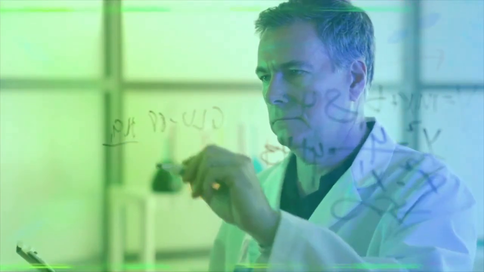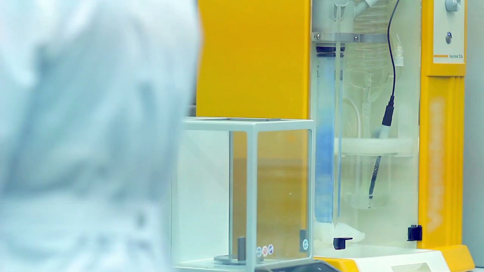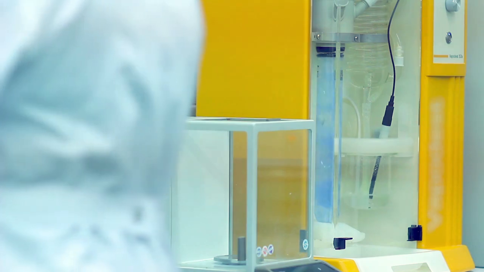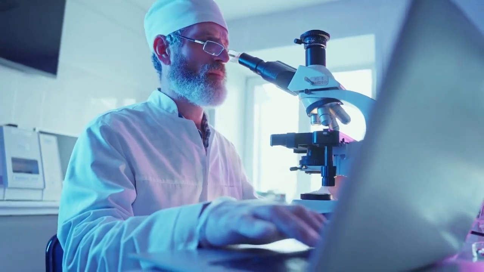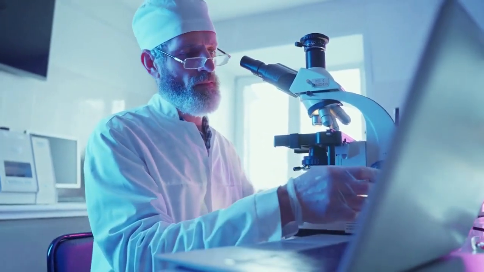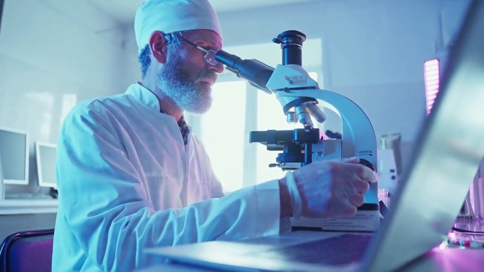The Beer-Lambert Law is an equation that looks like this: A equals epsilon BC. Let's quickly define these terms. A is for absorbance, a unitless value the machine gives you that tells you how much light your sample absorbed. Epsilon is the molar absorptivity, a constant unique for every substance at a specific wavelength, essentially measuring how well it